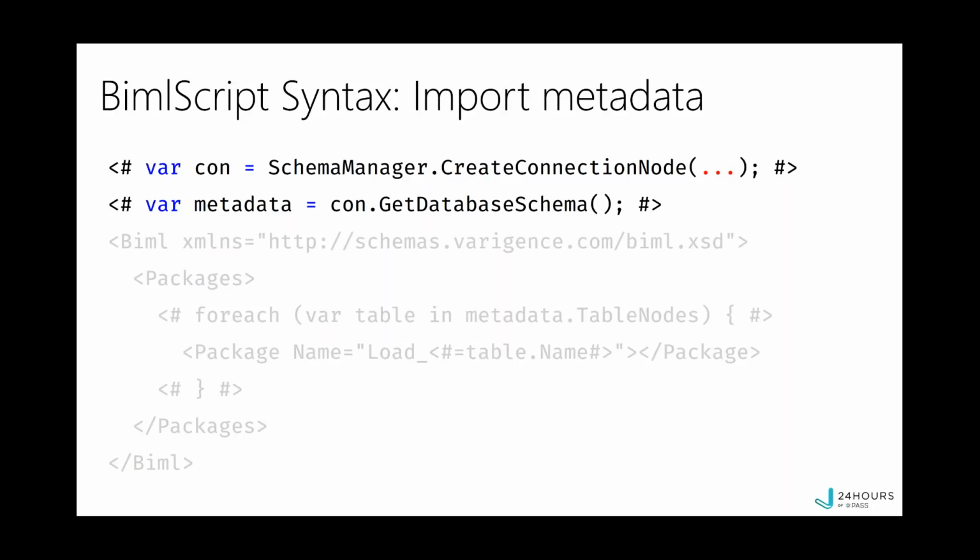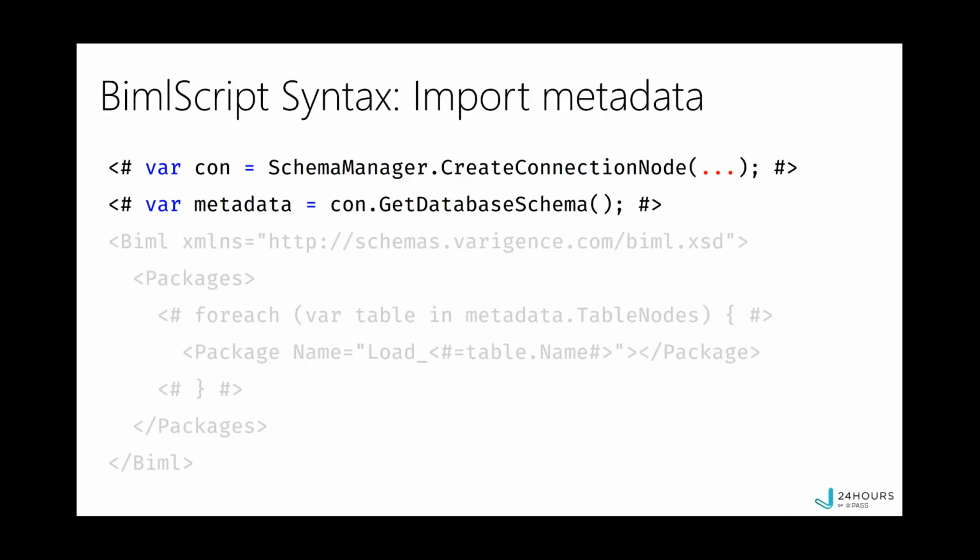Once we have that connection, we're going to use it and get the database schema. So on the second line, we create another variable called metadata, and we say connection.GetDatabaseSchema. GetDatabaseSchema pulls in all the metadata from our source, so everything on our tables, our views, our columns, indexes, keys, data types, all of that is now available in this metadata variable